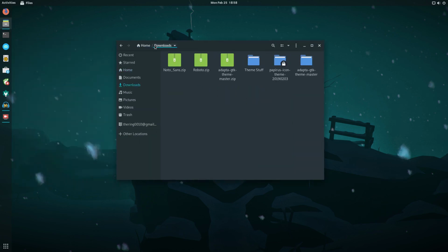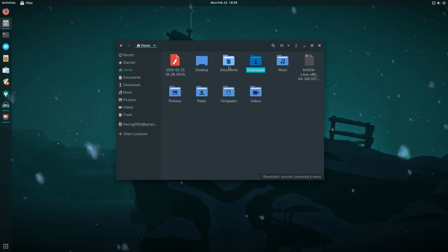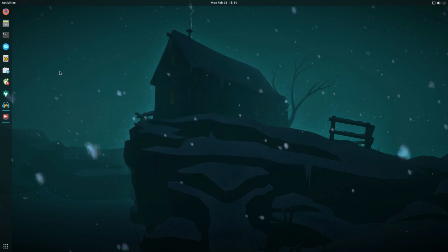I can pop around and see some of the theming elements here. You can see how everything is here. You can see that I think it's a very attractive system. So yeah, why don't you let me know if you want